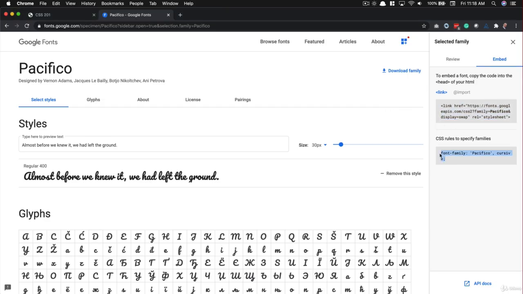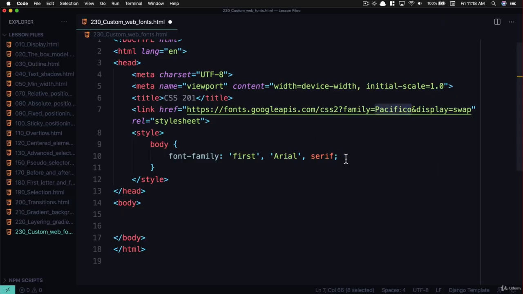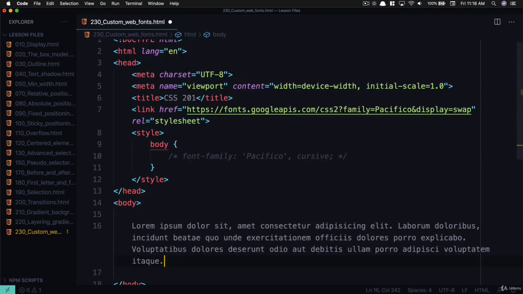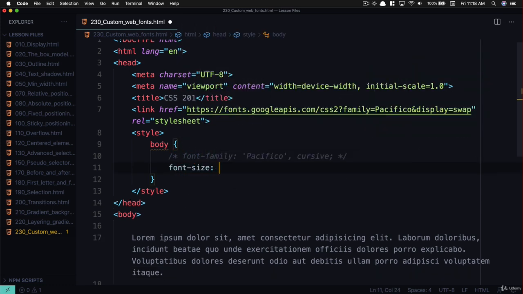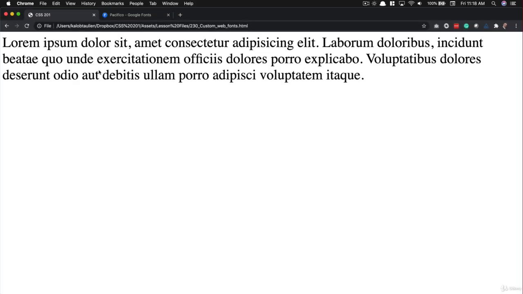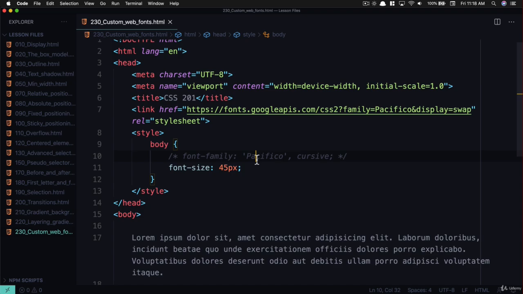Font family, Pacifico, or cursive. Let's go ahead and change that. And what I'm going to do is comment that out, and we're going to see some lorem ipsum in here. Lorem ipsum. And let's go ahead and change that font size again to something bigger, something like 45 pixels. And this is what we see. This is our standard font. If I uncomment Pacifico,